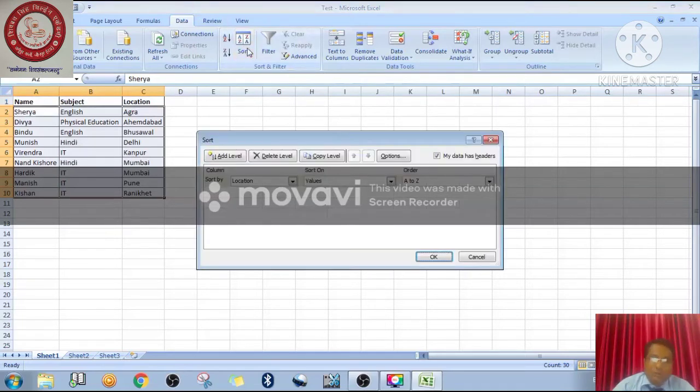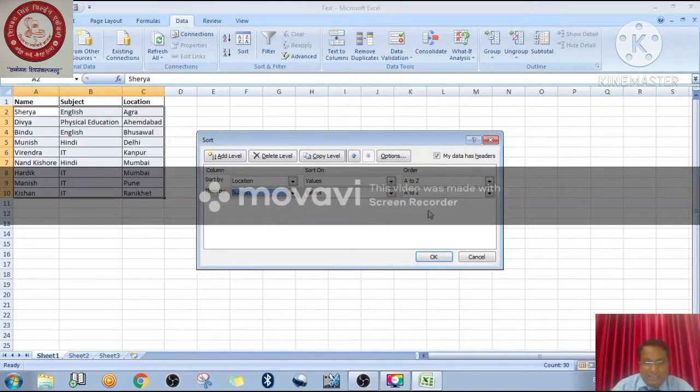Now students, one more thing I just want to show you here. Suppose I want sorting apart from this also, like sorting is done with the help of the Location column, and now I want to sort more. After doing the sorting, I want this to be arranged according to Subject also. So let me click on Add Level. Add Level means once the sorting is done, then another thing will also be arranged. Suppose I have selected Subject here.